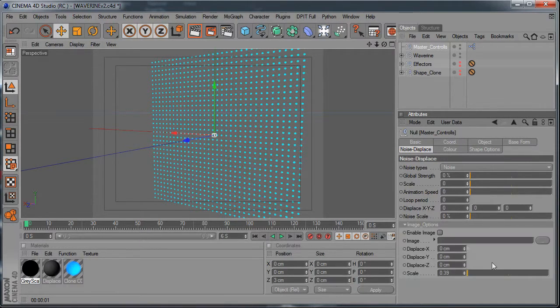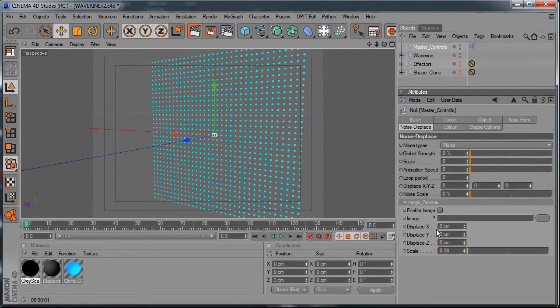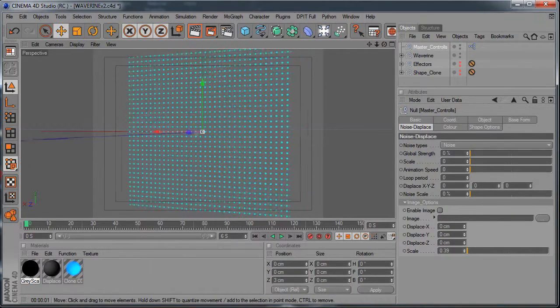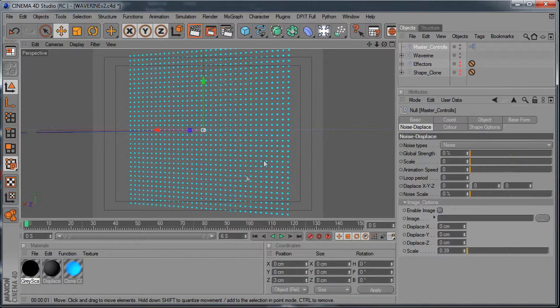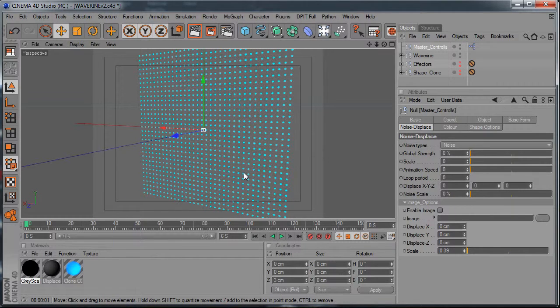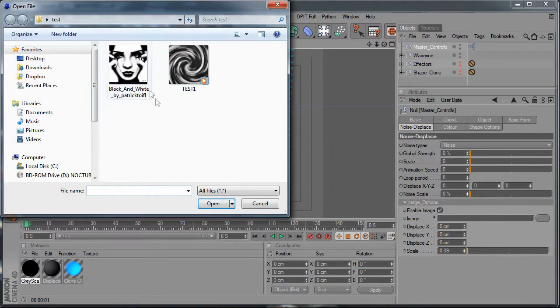and go into image options, and here we can load in any sort of grayscale image. You can use color, but it's better to go for grayscale because you'll get a better definition of height data from a grayscale image. So what we'll do is we'll go in and load up an image, but first turn on enable image, and that'll disable the noise options. Go and get yourself a black and white image,